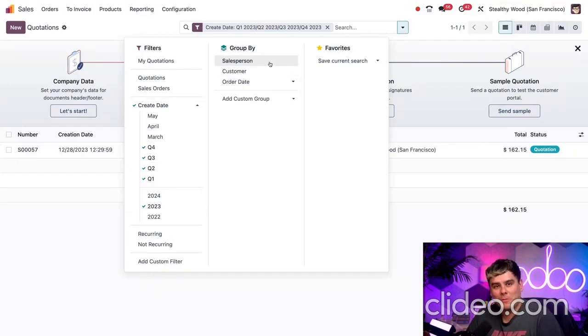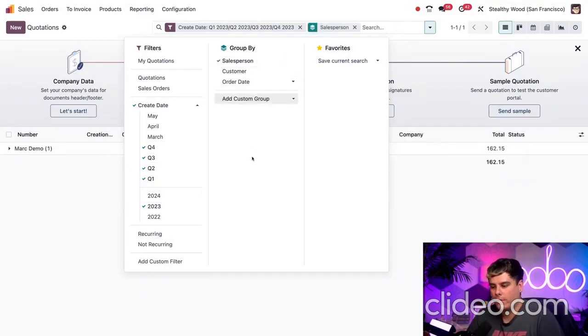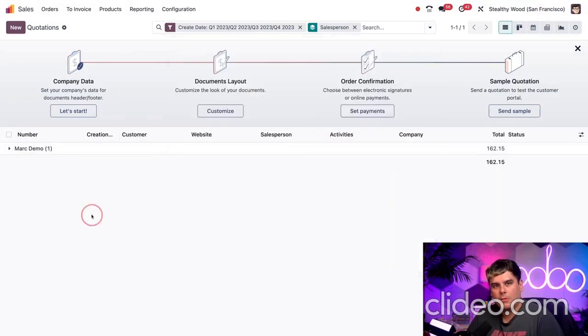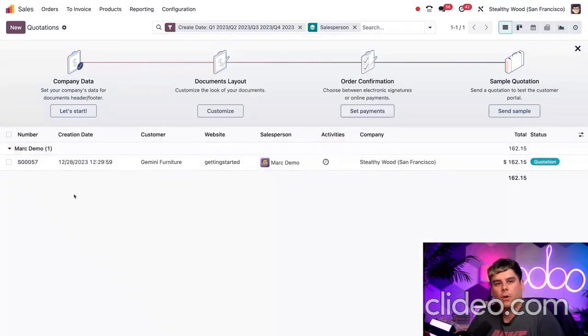We can also group them if we would like to by salesperson as well. And once we do that and we move away from here, would you look at that? We have Mark Demo immediately being shown. And now I can see which salesperson has had some sales orders in the last previous time. And that's all from the search bar. I can basically see